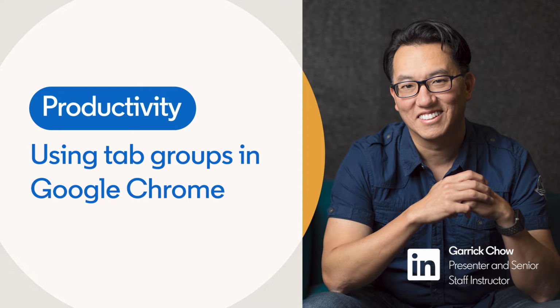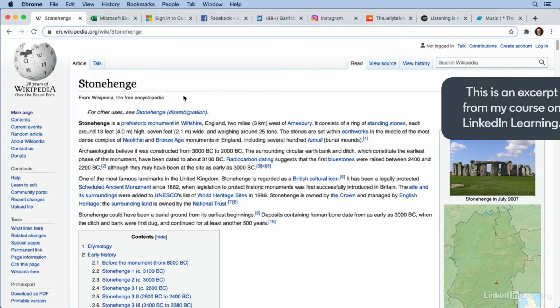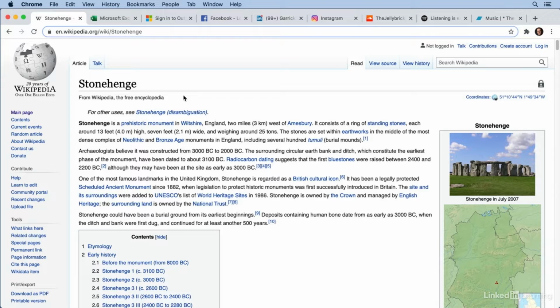I think for most people, it's pretty common to have our browser windows filled with multiple tabs, and as the day goes on, it can start to get difficult to find the tabs we need to work with at any given time. Google Chrome now has a feature that allows you to group your tabs together into categories that make